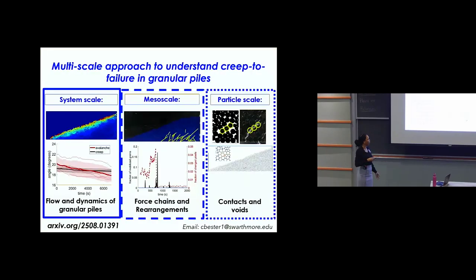So in summary, we've been able to get quite a bit of information using our experimental technique so far, but there's still quite a way to go. We use our photoelastic imaging to have a substantial impact on this problem because we're able to look at position information and force information to learn more about the ways that granular piles creep and fail.